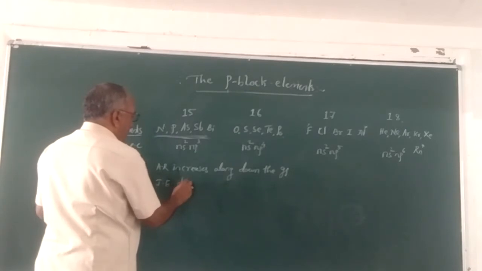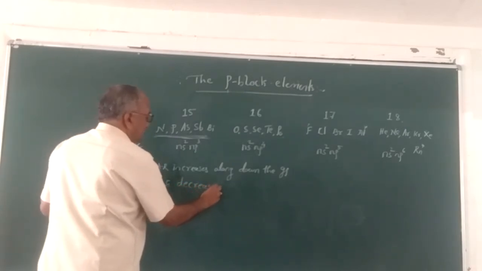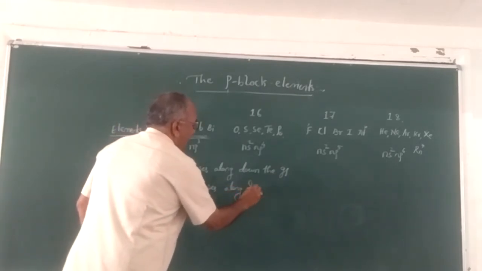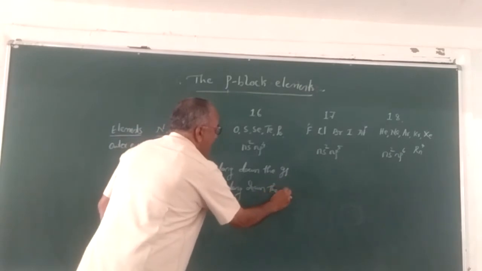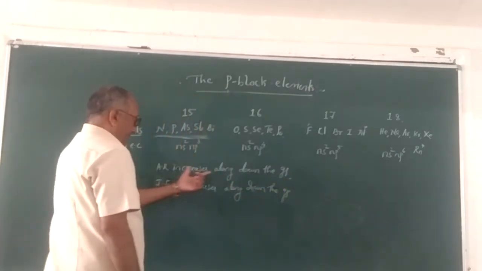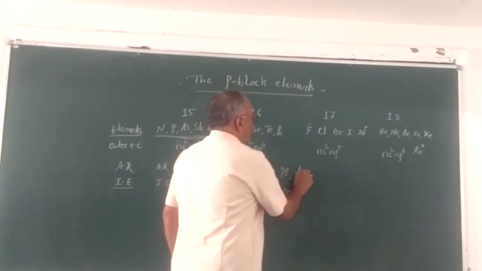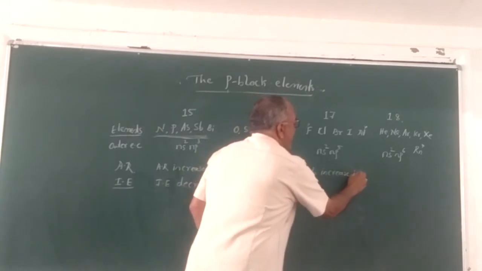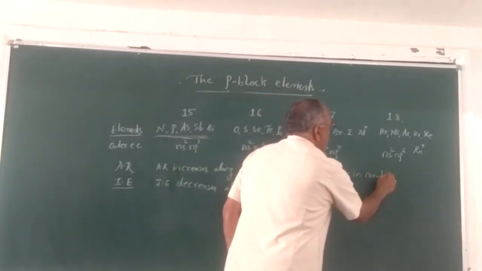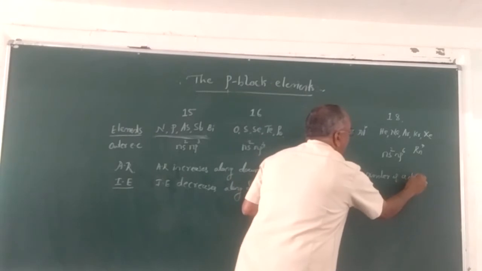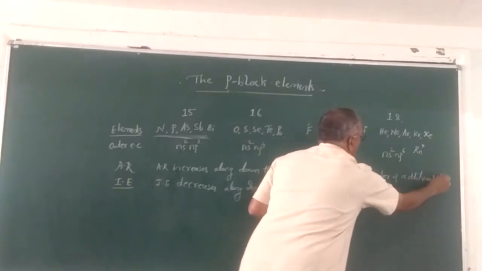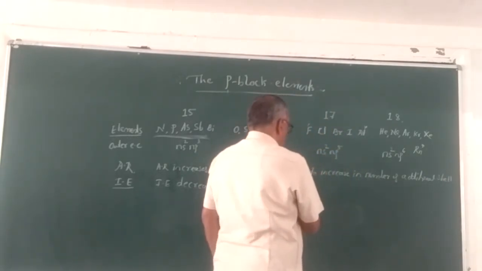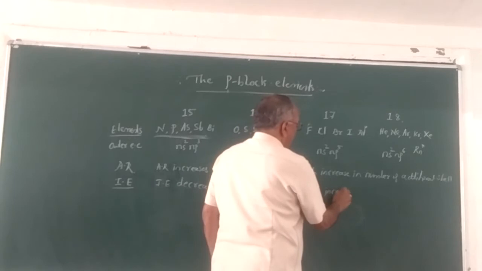Ionization enthalpy decreases down the group. Why does it decrease? Due to the increase in the number of additional shells, and due to the increase in